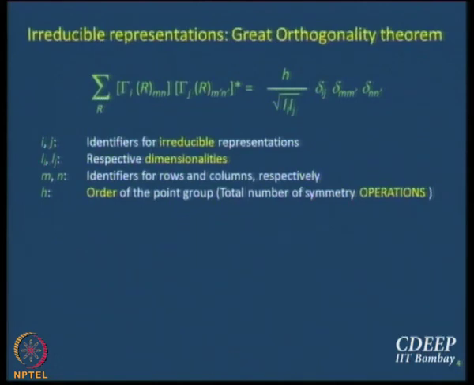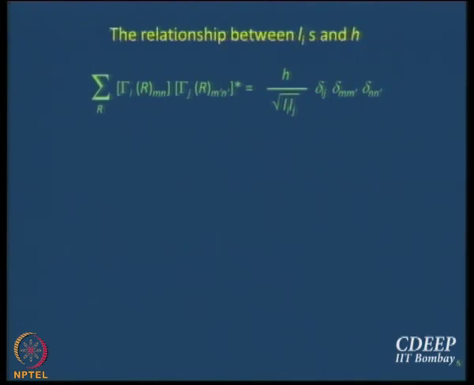Fine. So today we are avoiding the derivations. We are not really deriving anything except for some things that are very simple, no matrix algebra. What we want to learn really is 5 important working rules that arise, at least 4 of them arise from the great orthogonality theorem, and we already know the 5th. So let us try and learn that.